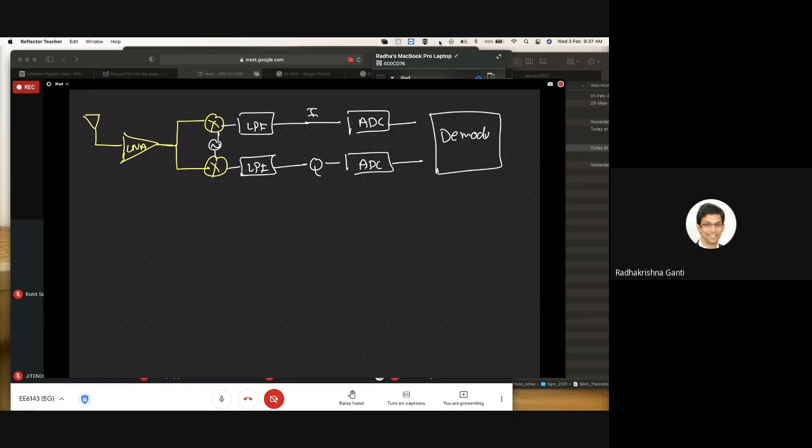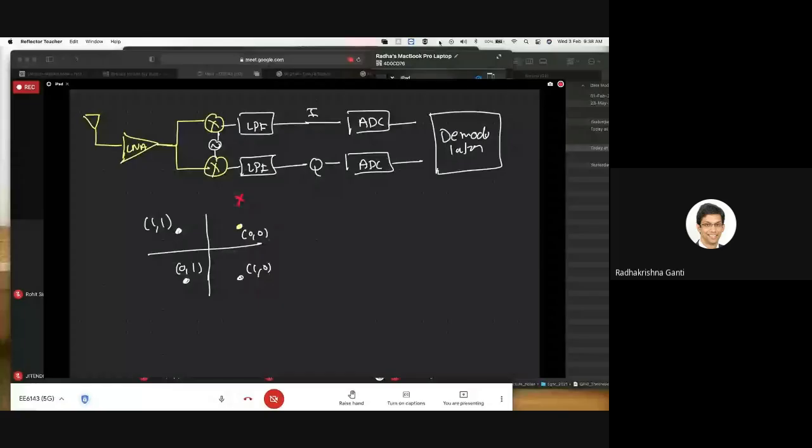This will be fed into a demodulator. So what does the demodulator do? I'll just tell you an example of how a demodulator works. Suppose you're transmitting QPSK. These are the 4 constellation points. Each of them will have some bit representation: 00, 10, 01, and 11, for example. Suppose you transmitted this point, but because of noise you received this.